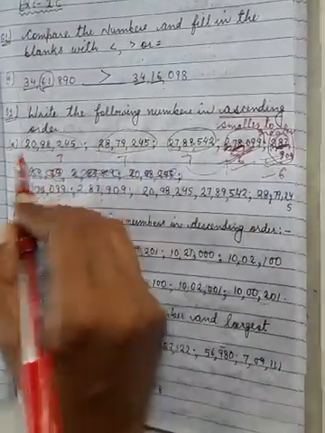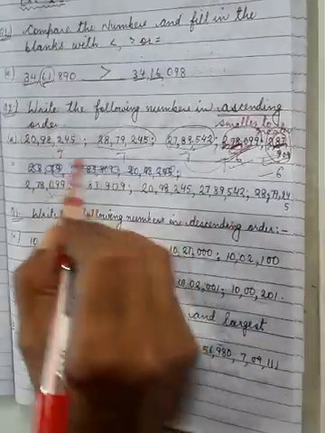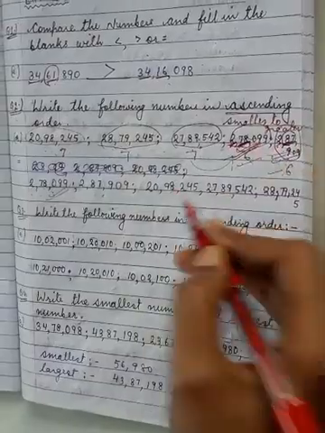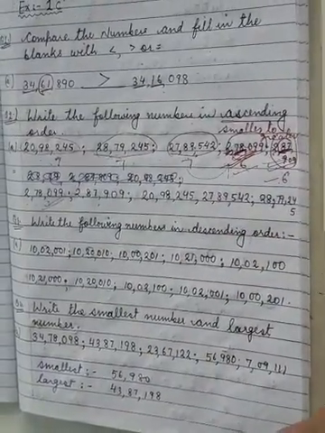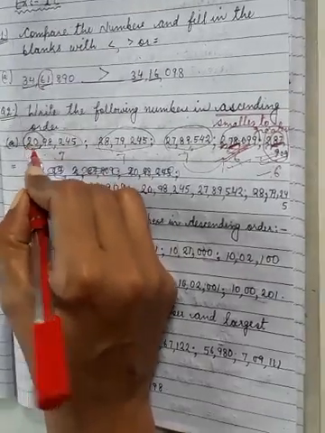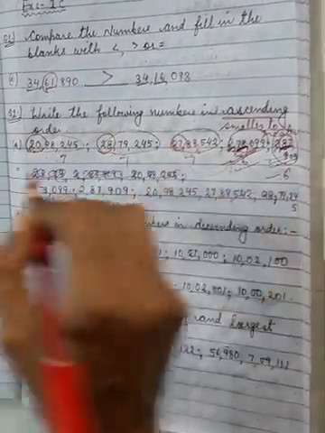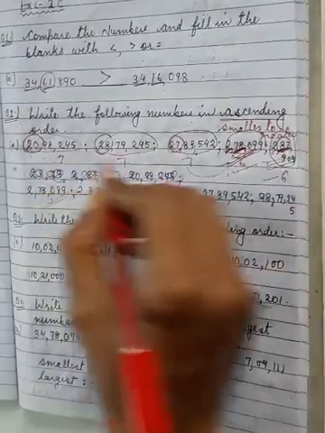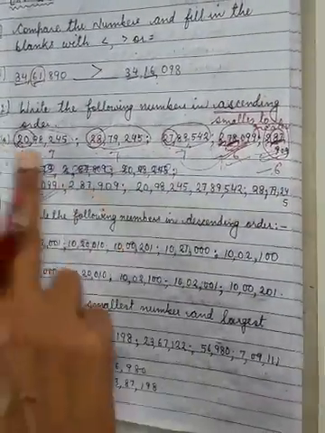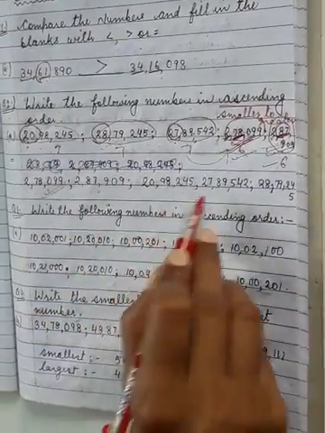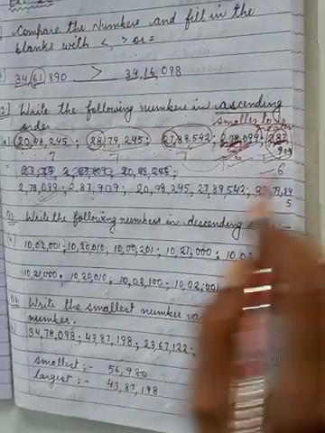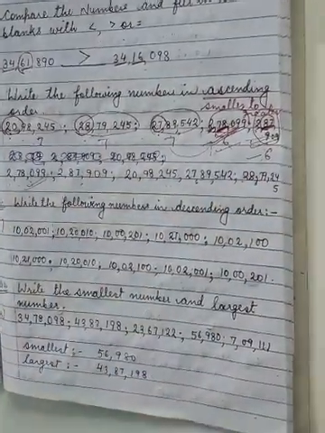So here in these 3 seven-digit numbers, the process is the same. We are applying the same step to find out which one is greater and which one is smaller. First of all we have to see the first number. Here is 20, here is 28, here is 27. It is obvious that 20 is smaller, after that 27, after that 28. So I have written here 2098, after that 2789, and the last but not the least 2879. So I have completed this sequence.